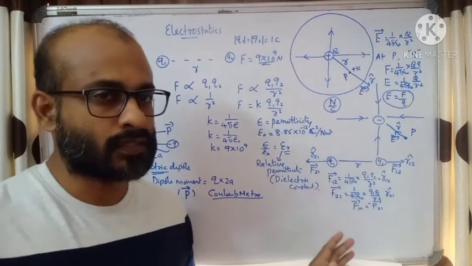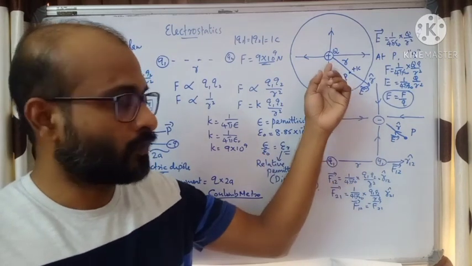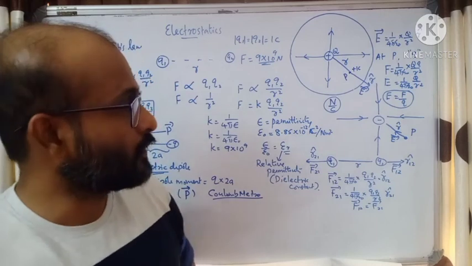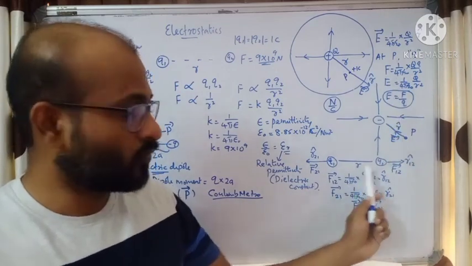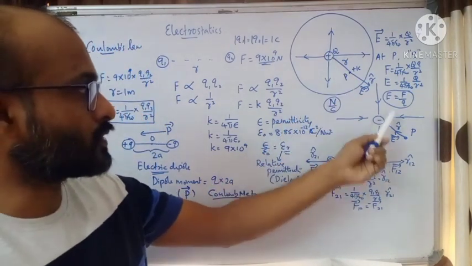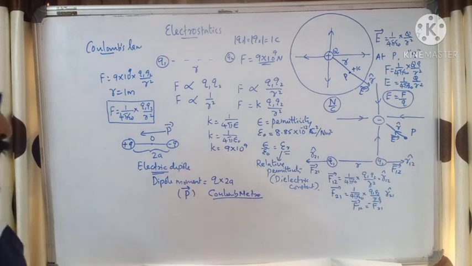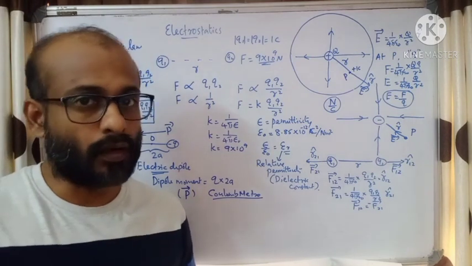Okay, so we have seen electric dipoles, dipole moment, then electric intensity, then Coulomb's law and important relations for the force experienced between two charges. Then the mathematical expression for electric intensity, and the vector form of Coulomb's law. Also we have seen the direction of electric intensity due to a positive charge and due to a negative charge. And last we have seen what a dipole is and its characteristic property known as the dipole moment.